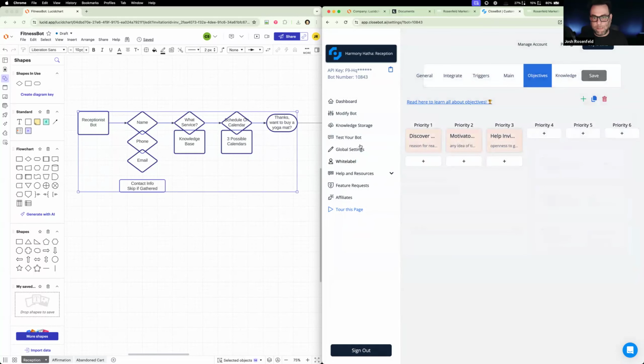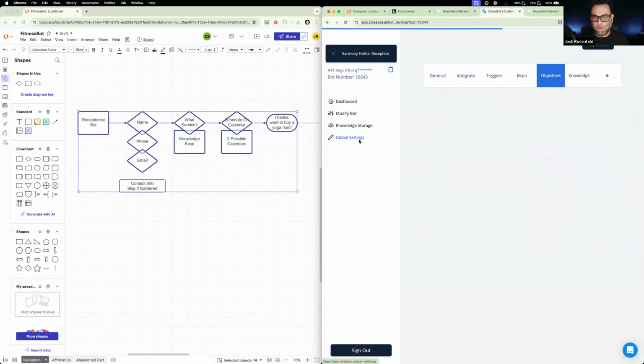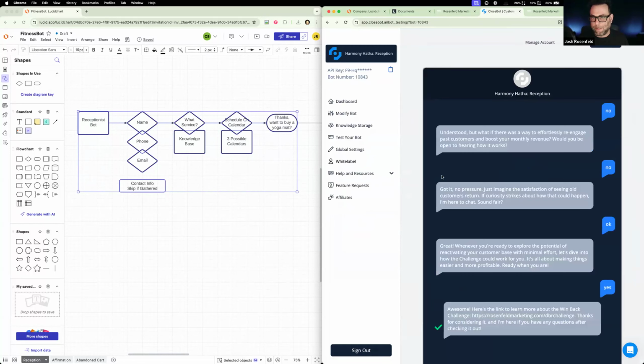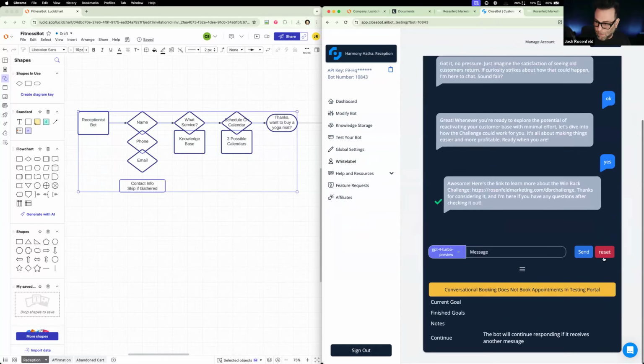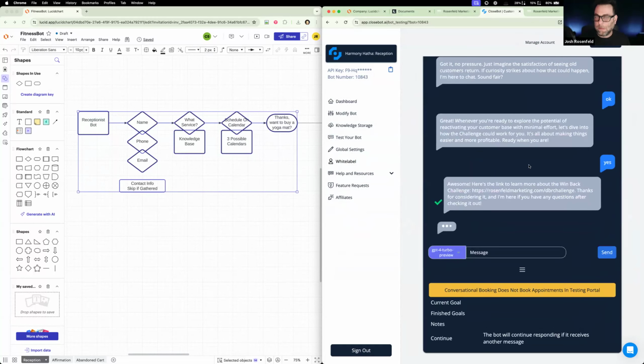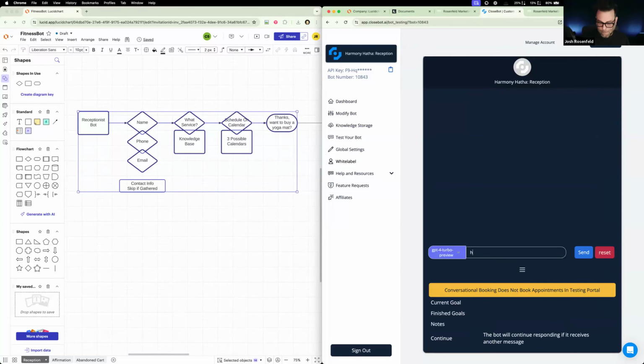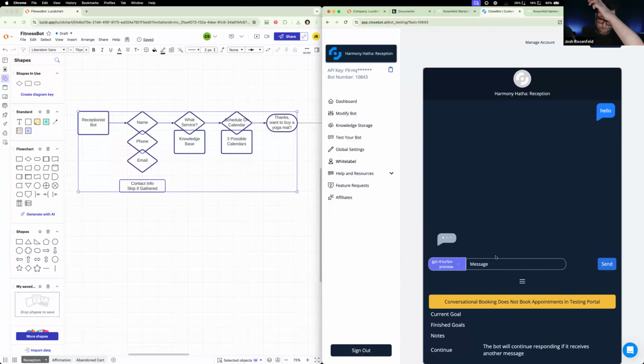We're going to test it 2 ways. First, you test your bot really quickly right in the CloseBot interface by hitting test your bot. Here's my bot here. I'll clear the cache so it's empty. Now just say hello. And the bot's going to respond. So while it's doing that,